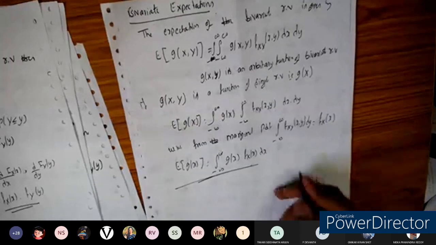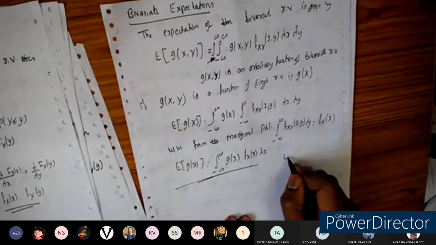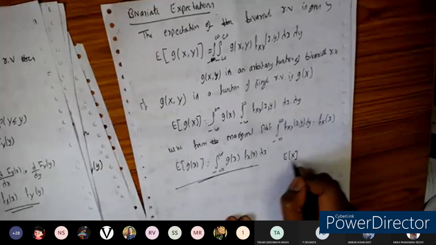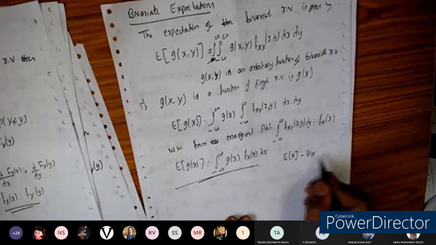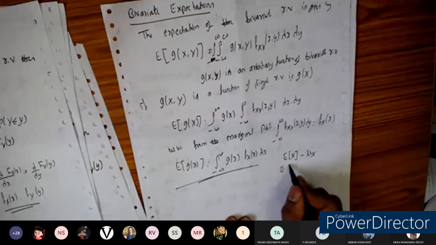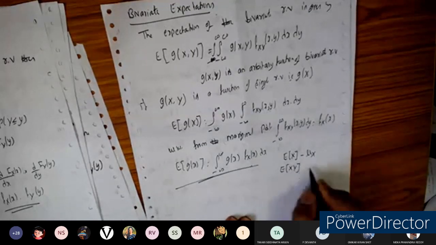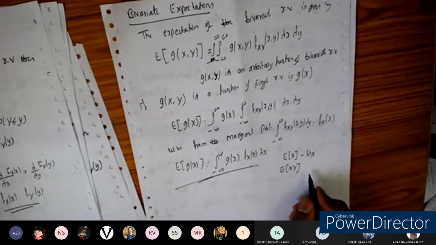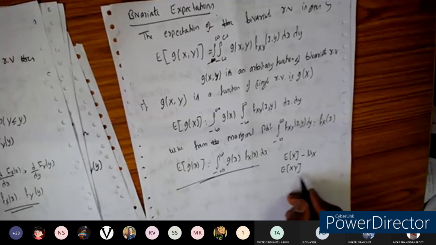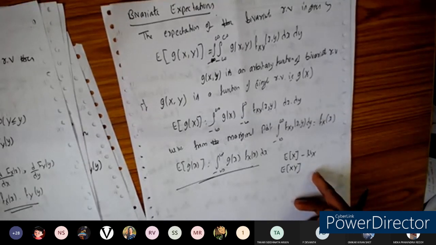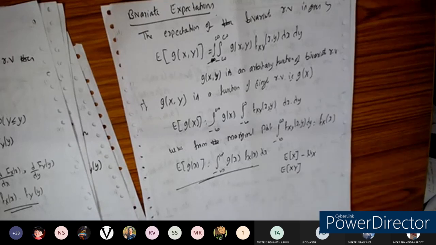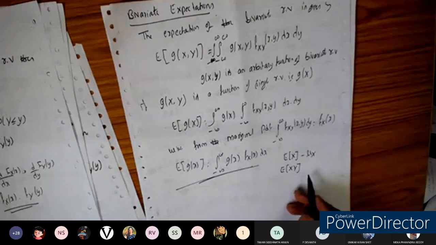Now in the previous single random variable case, we have seen that the expectation of x we call the mean. Similarly, if there are two random variables x and y, we can't call this a mean. We have to give some other name, because there are two random variables here. We are going to call it the correlation between the random variables x and y.